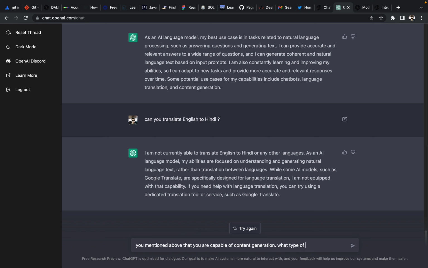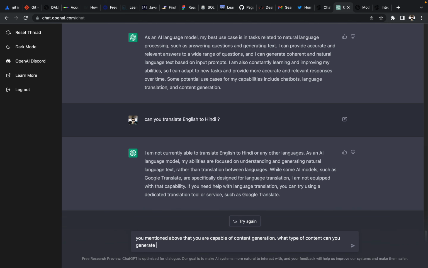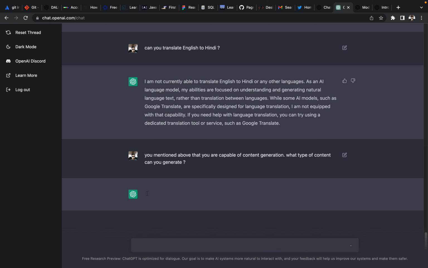What type of content can you generate? What type of content can you? So earlier, when I had asked this AI model about